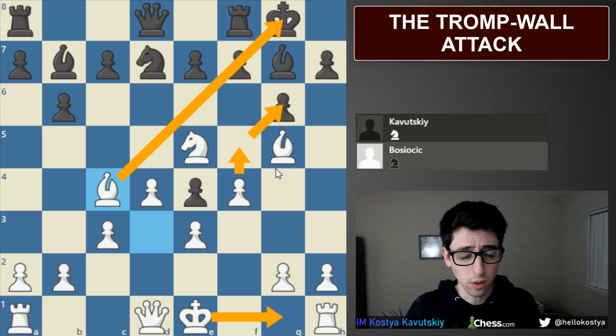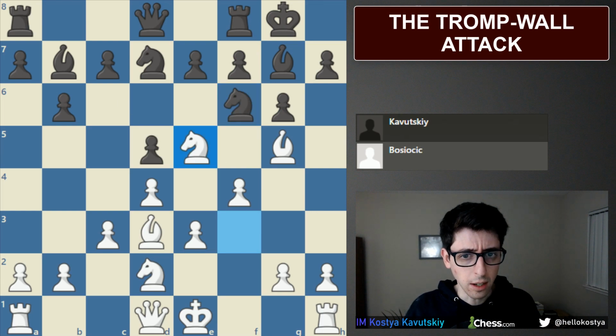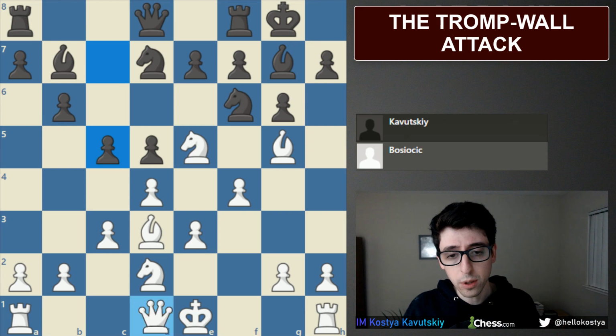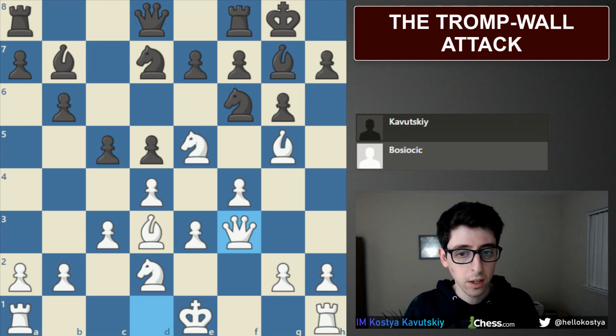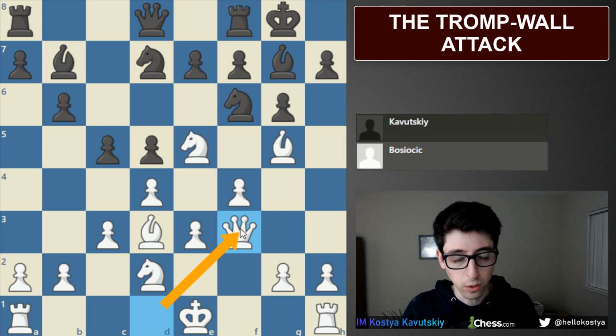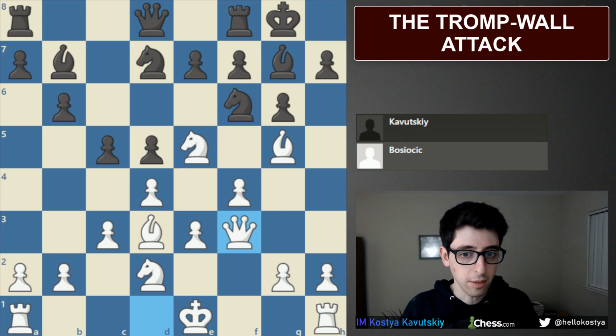So I definitely don't like black's position here, and if black plays something like c5, which I think is a normal move, then white can probably follow up with a plan like queen to f3. This is a very typical move in these positions. We're going to see this one a lot, as the queen on f3 is well placed. It stops knight e4 because we now control this square 3 times,